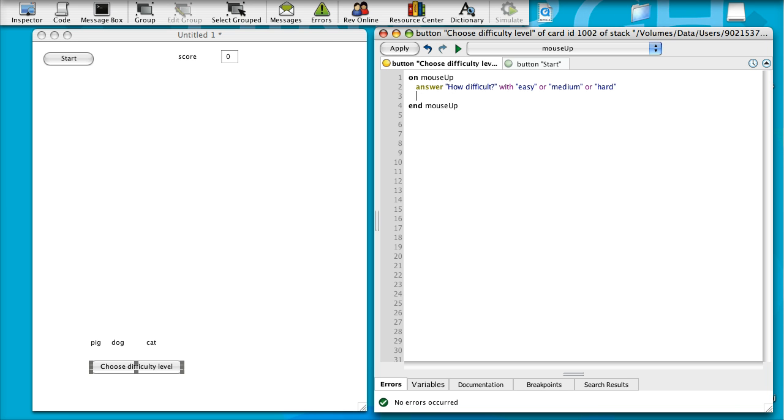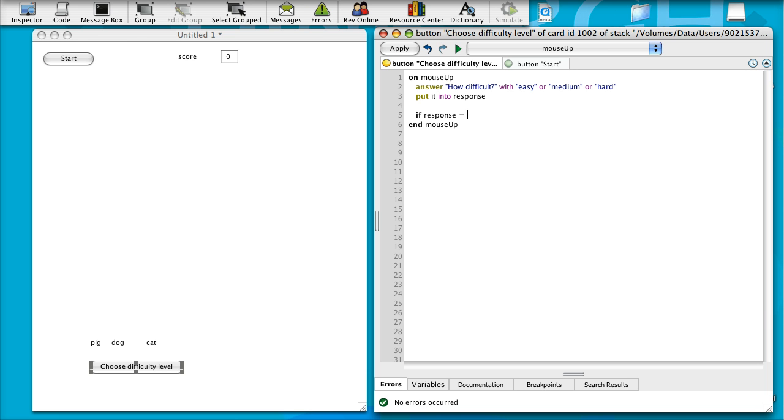And whatever they choose, so it'll come up as little buttons that you can click on. Whatever they choose, I'm going to put it into some variable, which I'll call response, because that's a reasonable, meaningful variable name. And then depending on their response, I'm going to use a selection statement, and I'm going to say if